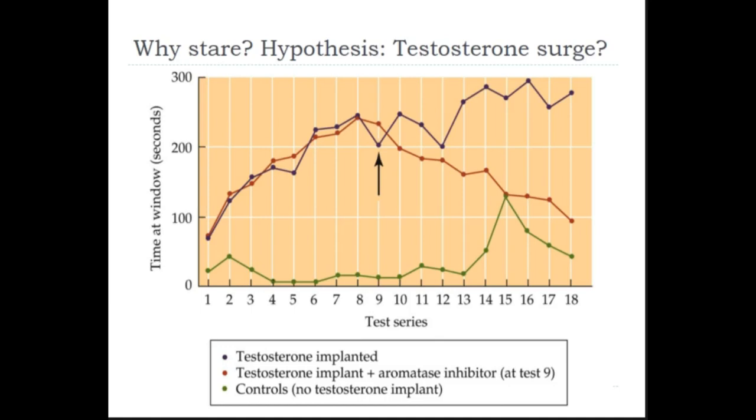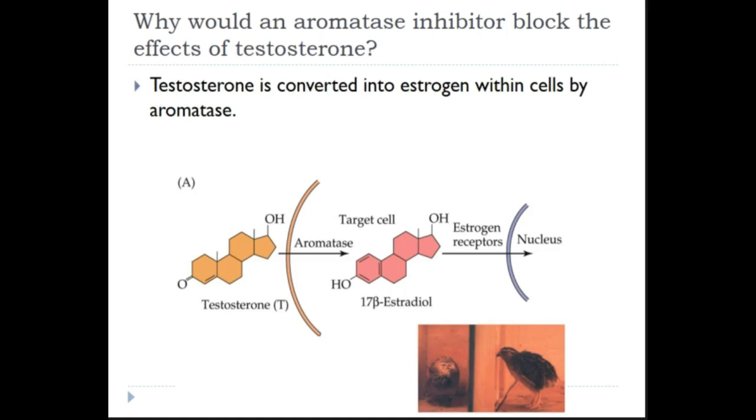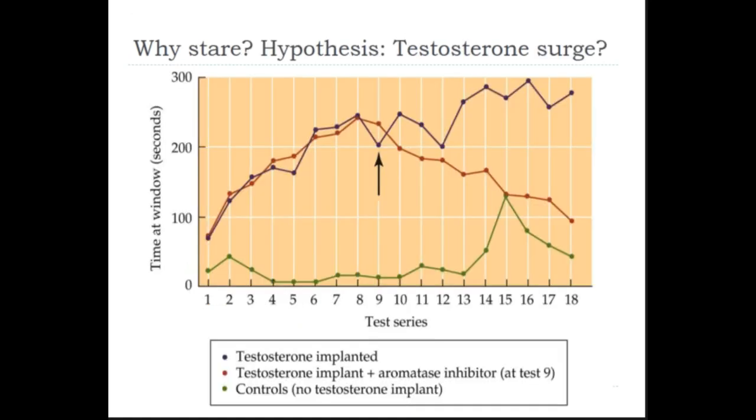So at this point, they no longer have the ability to convert testosterone to estradiol because you've inserted an inhibitor that knocks out that enzyme. And you can see what happens is once they no longer have the effects of getting estradiol produced from their testosterone, they lose the ability to induce and activate that behavior. You're basically turning them into what looks like a castrated male.